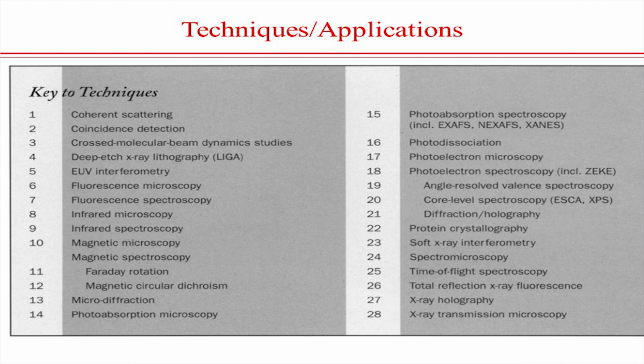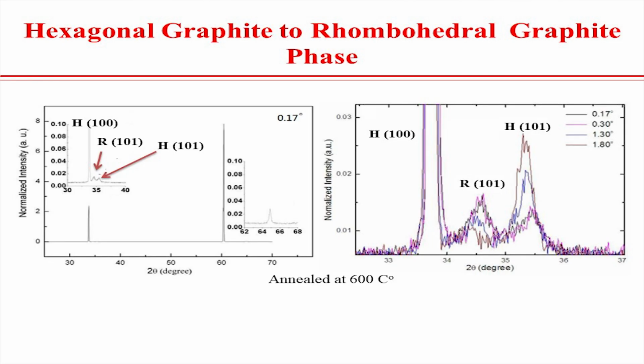Here you can see diffraction, protein crystallography, fluorescence microscopy. These are the different techniques used for material analysis. Here I gave you some examples which I have done at the Shanghai synchrotron light source. Basically my work is to irradiate sample nanomaterials or bulk materials with ion beams and observe what happens after ion beam irradiation, before and after.